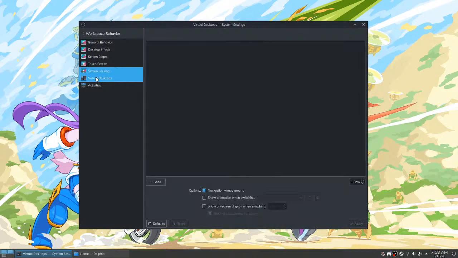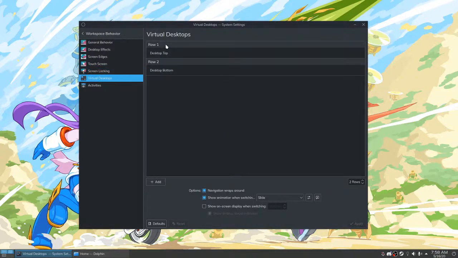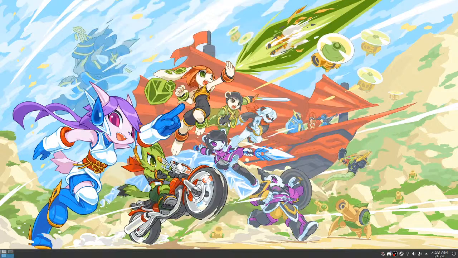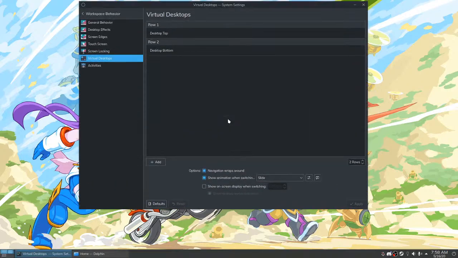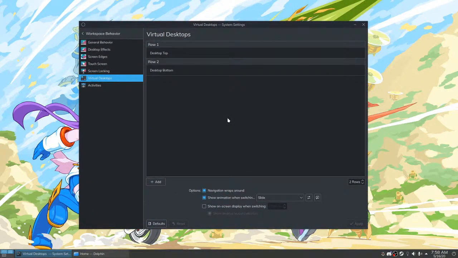Screen locking, I have that turned off. Virtual desktops, I think that they're arranged horizontally by default, and I have mine vertically so that I can do this. I have hotkeys set up so that Control Tab switches desktops and they wrap around, which is this button here. And if I do Meta Tab, it will take the active window with me. So if I wanted to move this to a different desktop, I'm like, get out of here, and now it's gone.